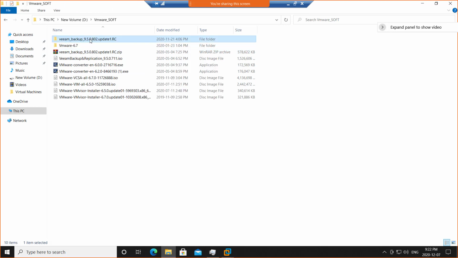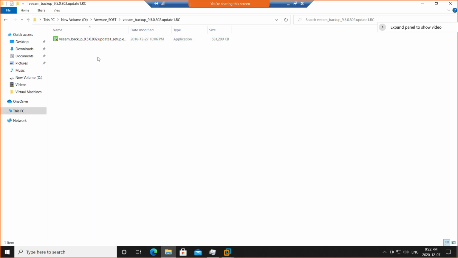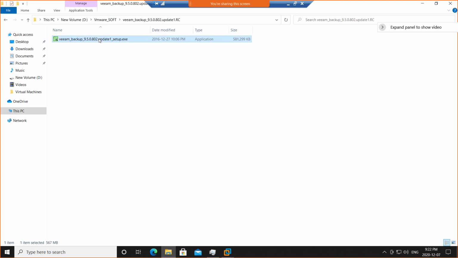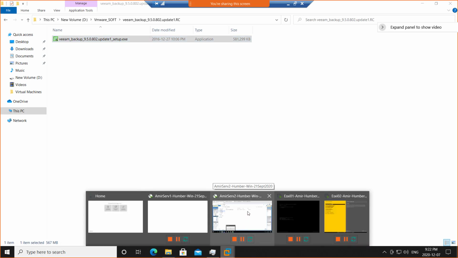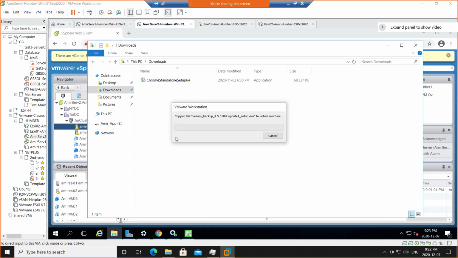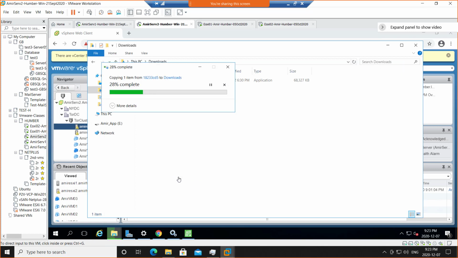I'm going to select that folder. Inside that folder is just one exe file, this one, right? So you can copy the folder, or you can just copy the file. I'll just go for the file and right click and copy that file, just one exe file, right? I need to copy it inside the server 2, inside the downloads folder, and paste. Or anywhere inside server 2, and paste and just double click from there.